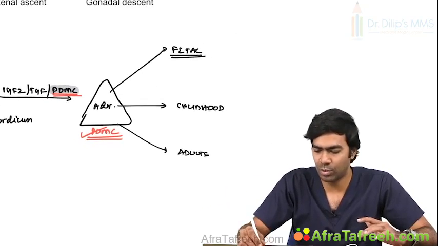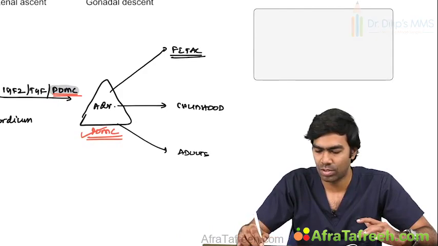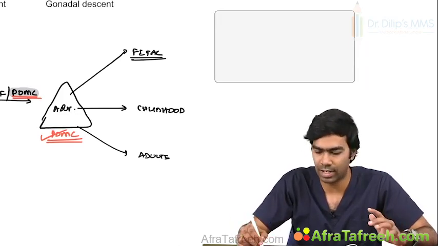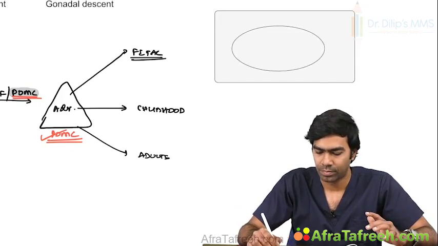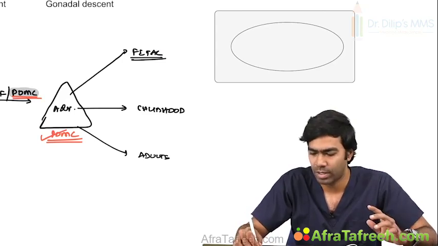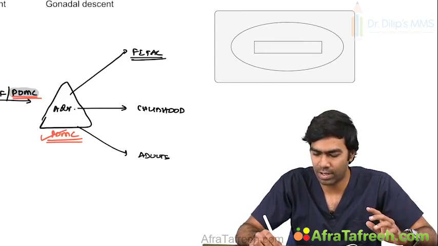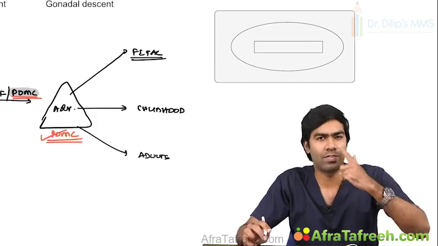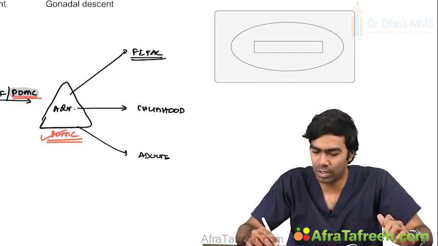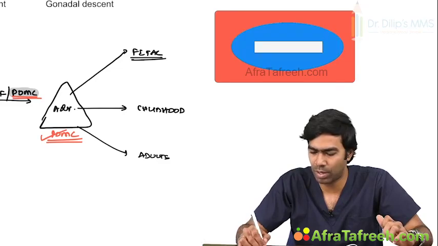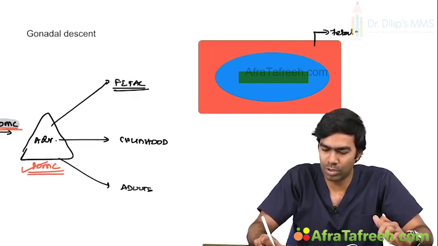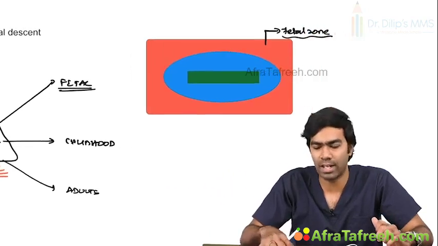The fetal adrenal gland is usually differentiated into 3 different zones. This initial zone is called the fetal zone. This is the most active zone as far as the fetal adrenal gland is concerned. And next you have an intermediate zone. The function of the intermediate zone, we have no idea. And we also have this definitive zone, which we know the function is very limited as far as we know, and the fetal zone is the most important. So let me shade the fetal zone in red and the intermediate zone in blue and probably the definitive zone in green. So as I told you before, this fetal zone is the most important in the fetal life,